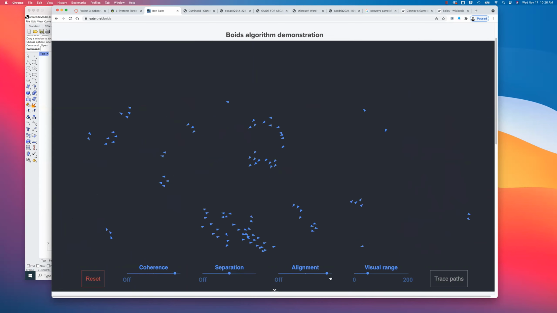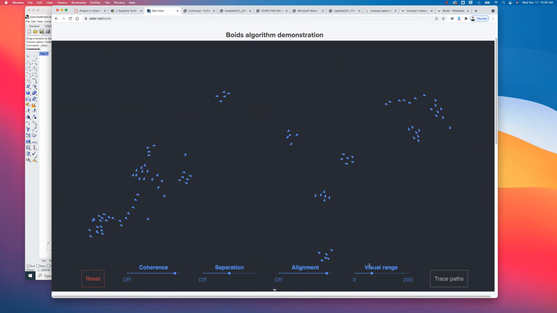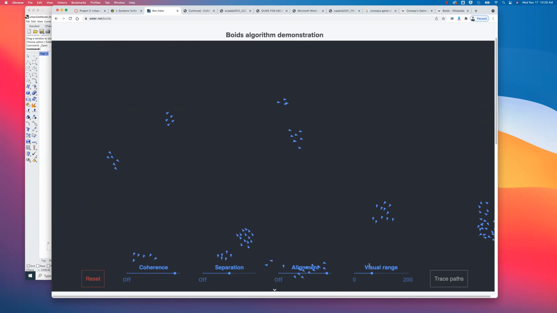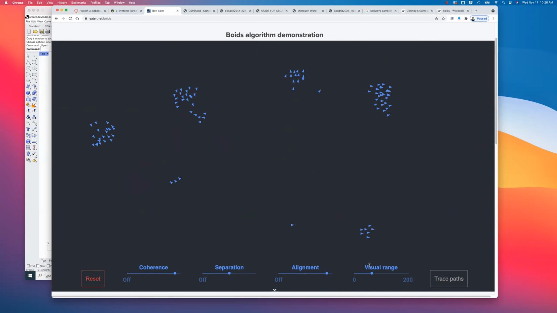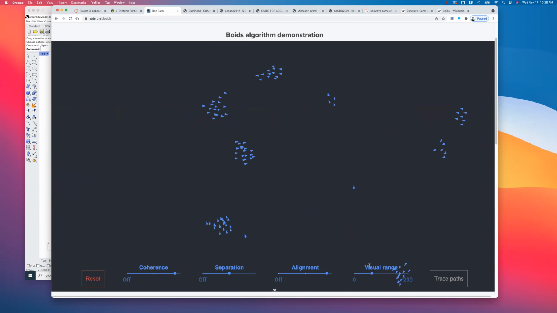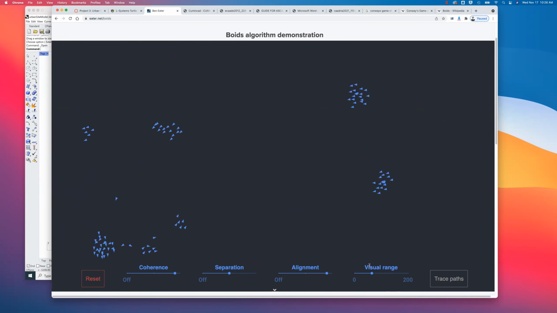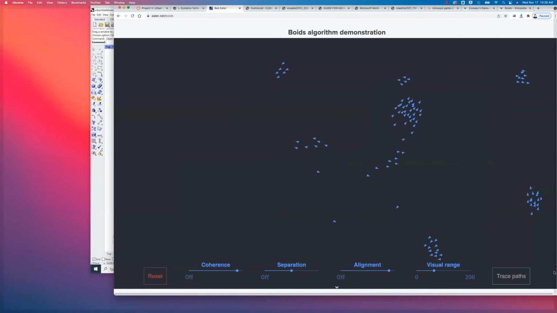turn separation down. And what you'll see is that over time, as each of these swarms start to get closer to each other, they begin to inform each other, and eventually they'll grow back into one full swarm again. So by simply changing those parameters around, we can take a large swarm and branch them off into smaller swarm behaviors, or we can get them